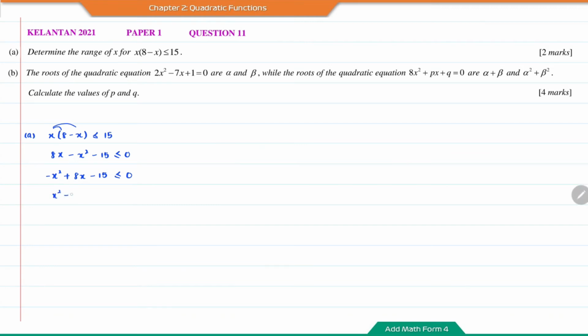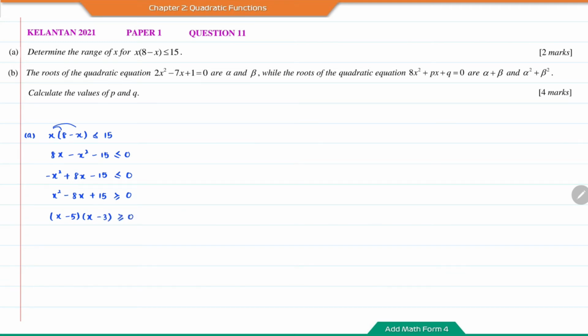Therefore, you're going to have x squared minus 8x plus 15, and the signs here will be reversed as you divide it by negative 1. Now I can factorize this. So the first bracket is x minus 5 and the second bracket is x minus 3